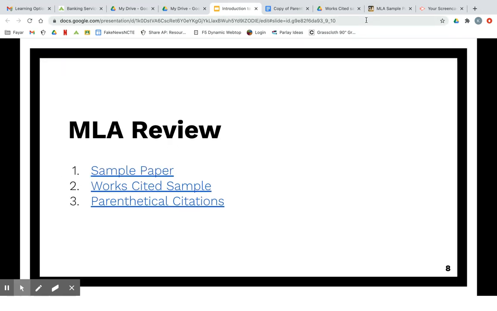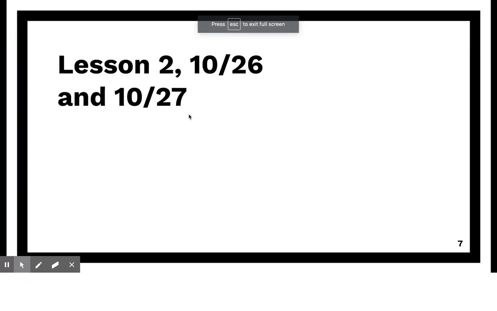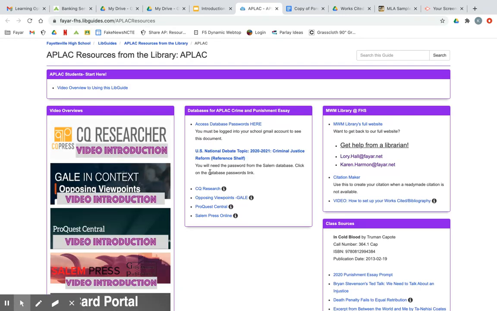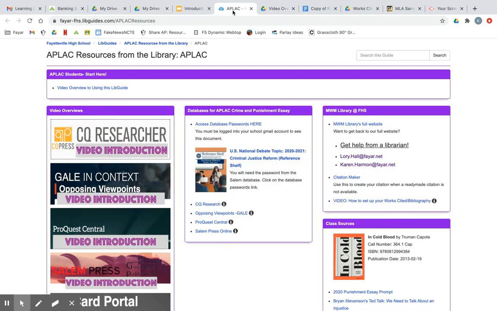I wanted to log into the LibGuide for our assignment and show you how you might utilize one of the citation makers that are provided for you on a resource like CQ Researcher. Every online database that you use through our school should have